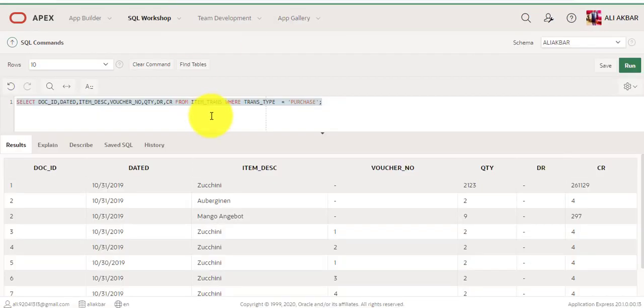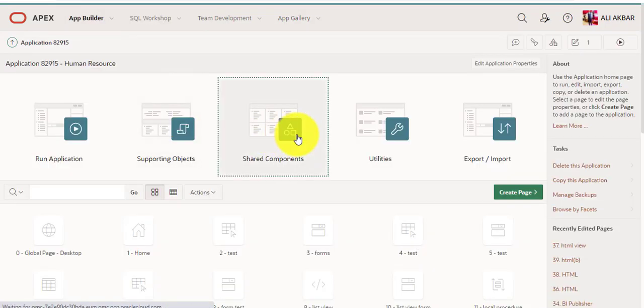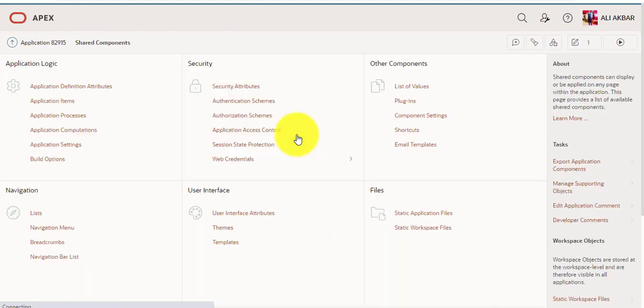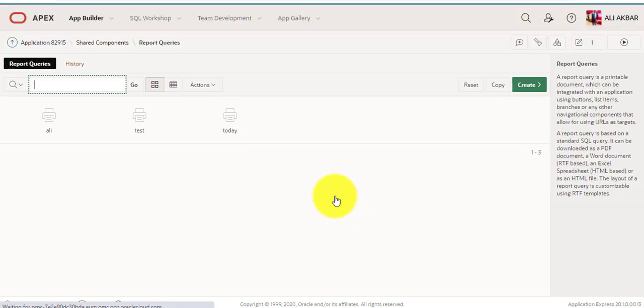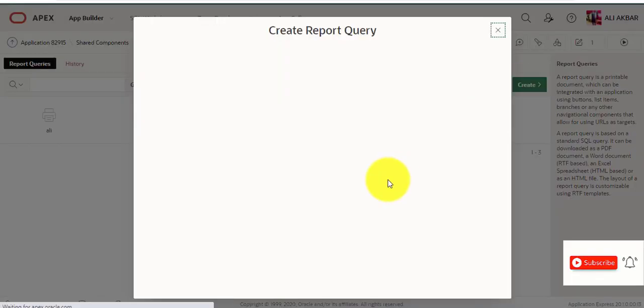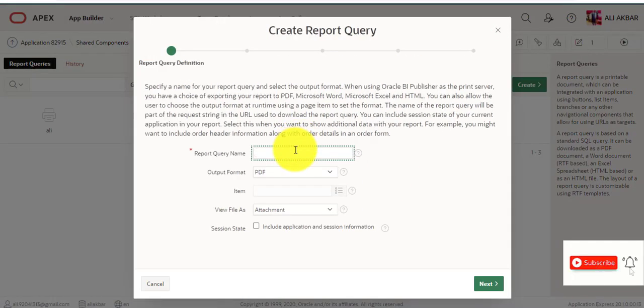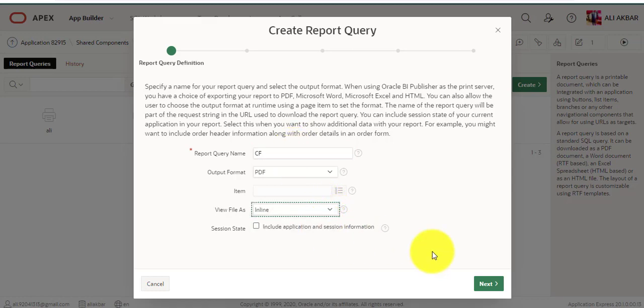I'm creating a query, I'm creating an XML file. I'm pressing on report query, create. I'm assigning the name CF conditional formatting. Assign view as inline.